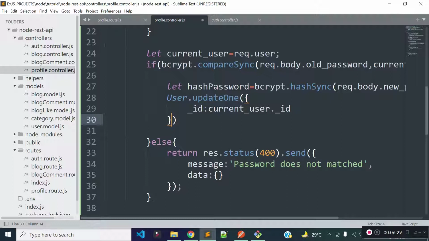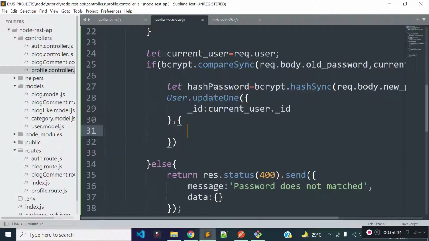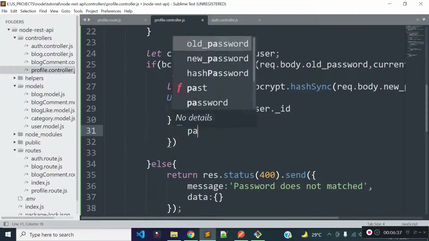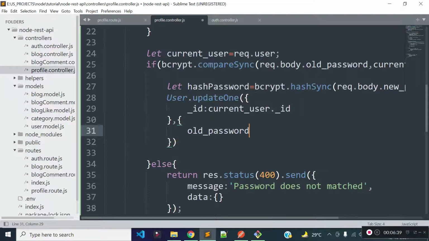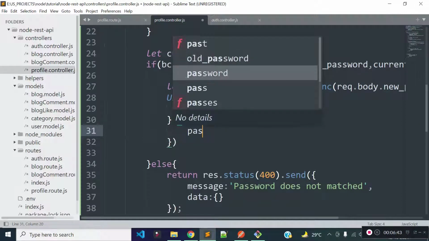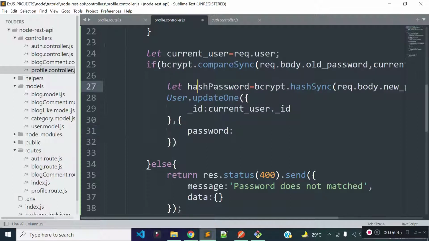password. And in the second parameter we need to provide the data, whatever data we want to update for the user, inside an object, and we'll update user's password. So this will be password, and we'll store user's hash password inside our users collection, and this will return a promise. So let's use await here,